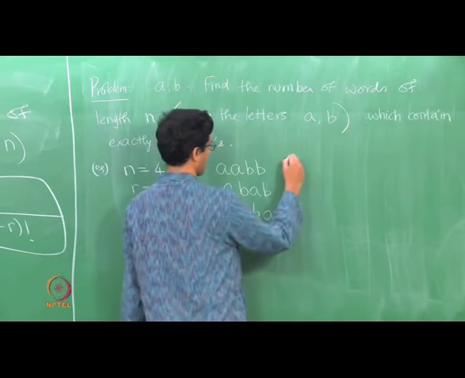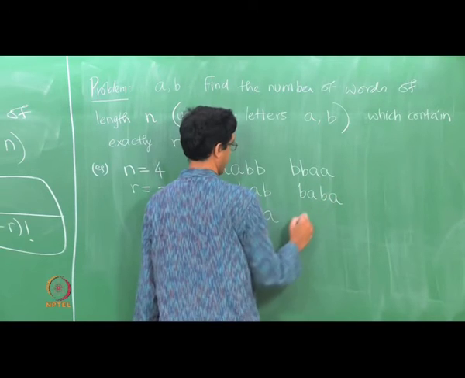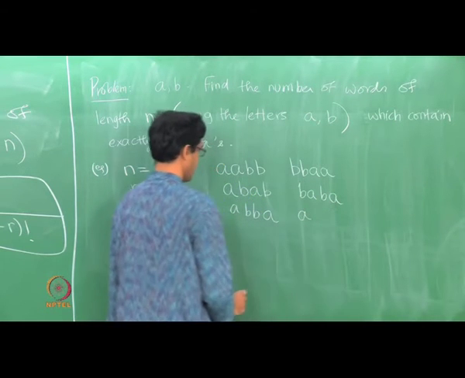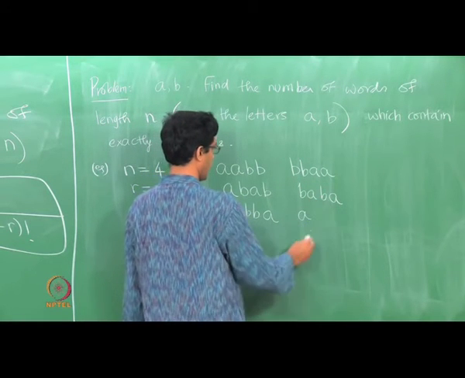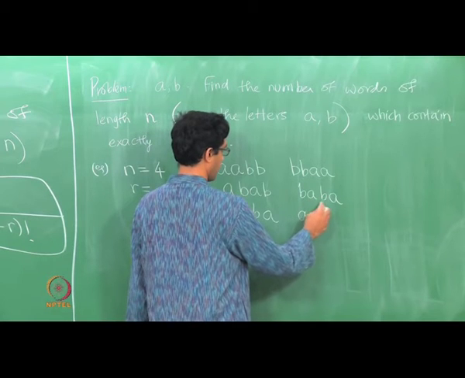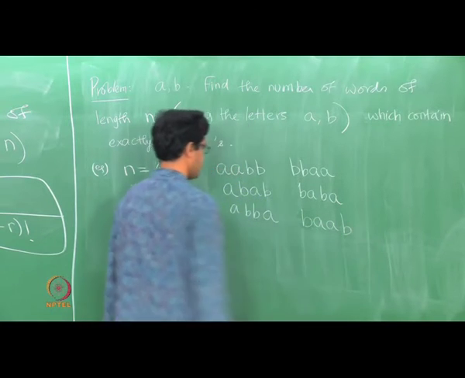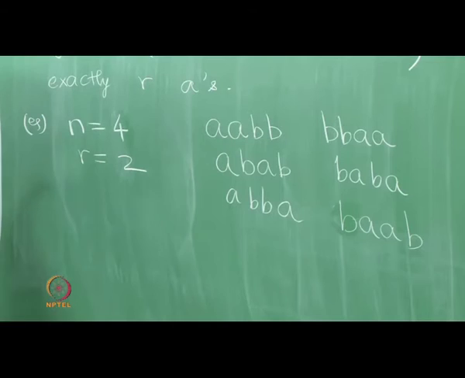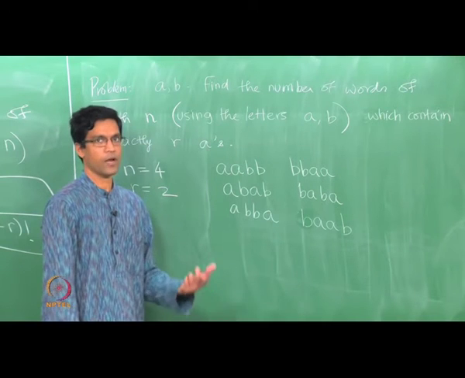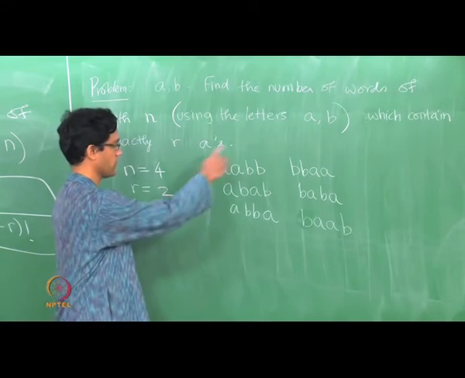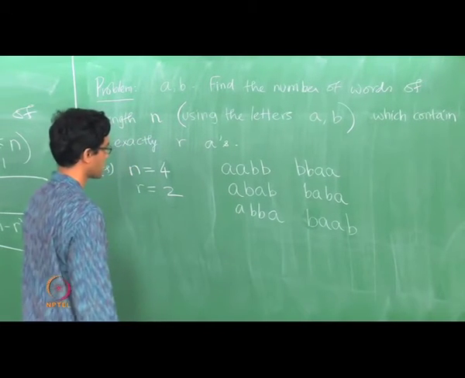here's another word. Now similarly I have BA, BA, and let's see, what do I have now? I have BA, AB. Okay, so what we have done is written down a list of words which have length 4 and which contain exactly 2 A's, and there are 6 such words, and hopefully I've gotten everything right. There aren't any more words that one can construct.